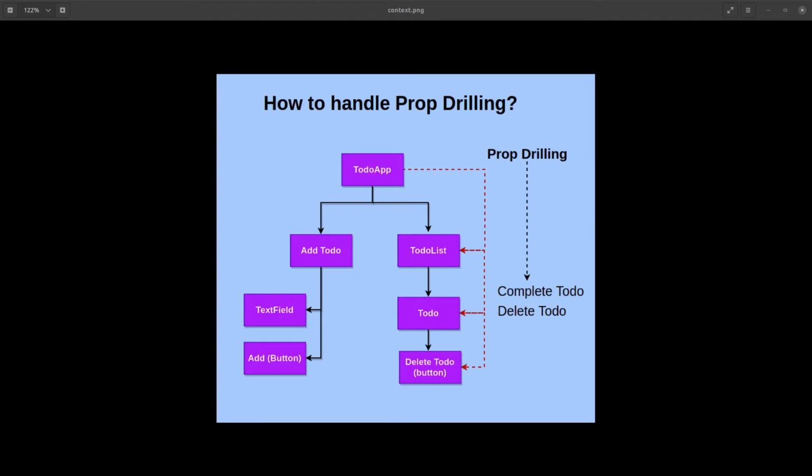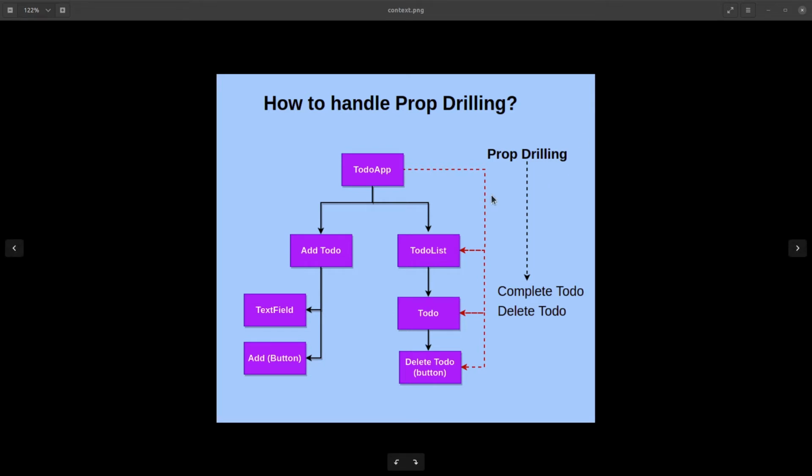Hello everyone, my name is Varun and today in this video we are going to continue our series of learning context API or use context hook in React. In the previous video we just did hands-on practice of how to actually use context API or use context hook in our application. It was a dummy application and in this video we are going to actually dive into converting our real application where we can see that there is a problem and then we will see how we have actually solved that problem.